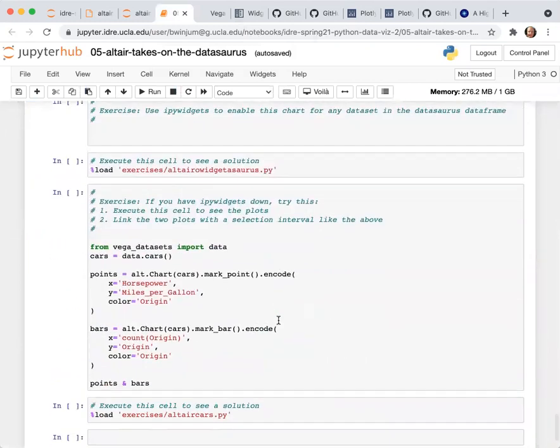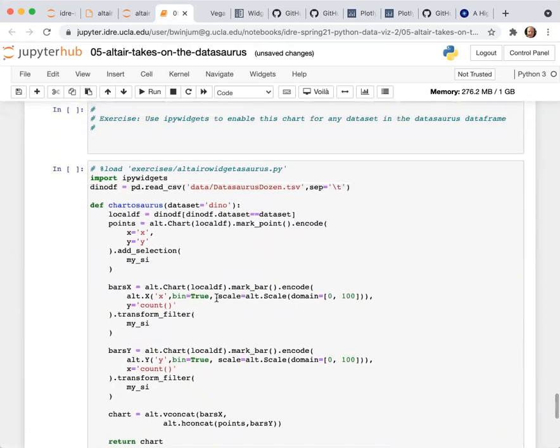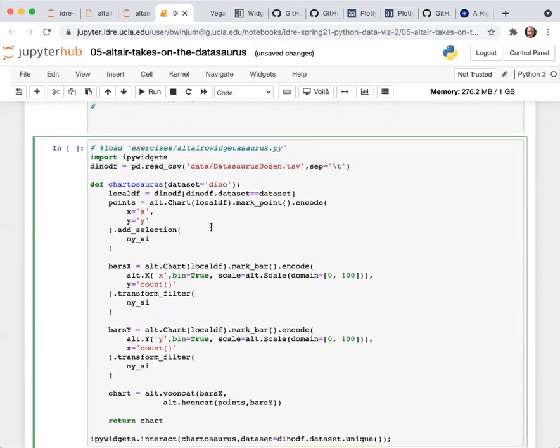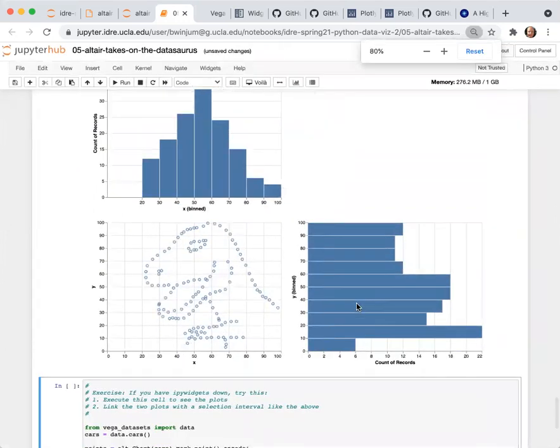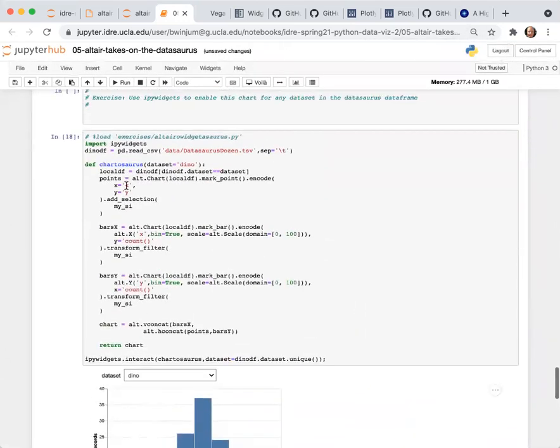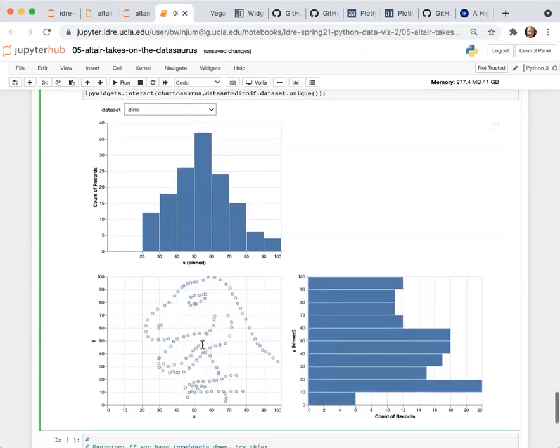Yeah, so we're getting it to the end. Rather than having this as an exercise for us to go through, you can link Altair. I'll show you briefly. All I did here was take the code that I used to generate that chart, put it into a function, and use the interact from ipywidgets so that we can generate this